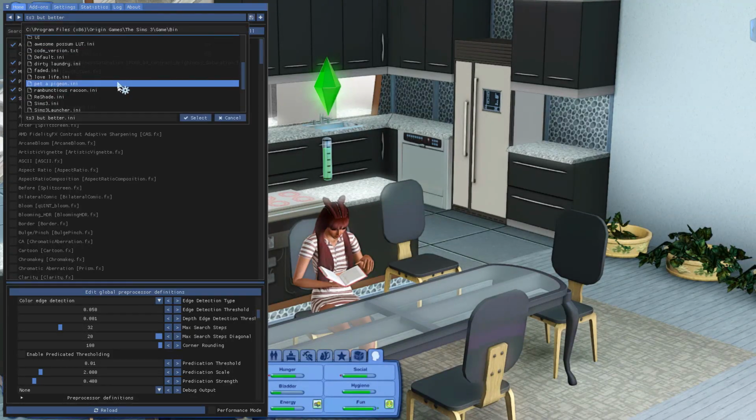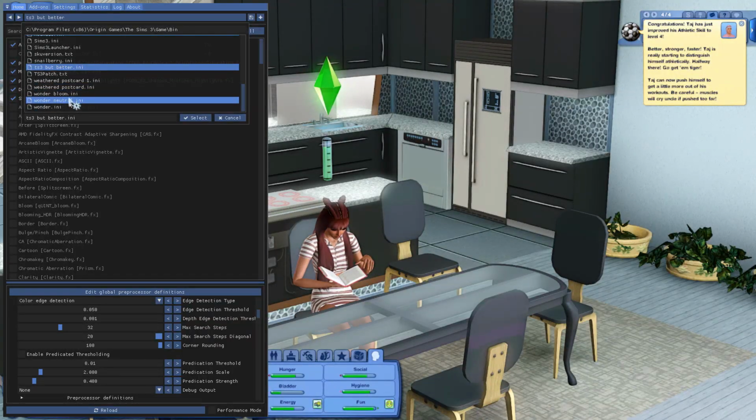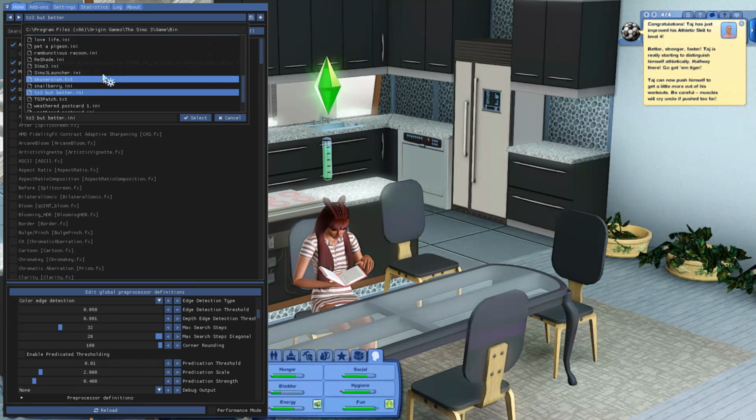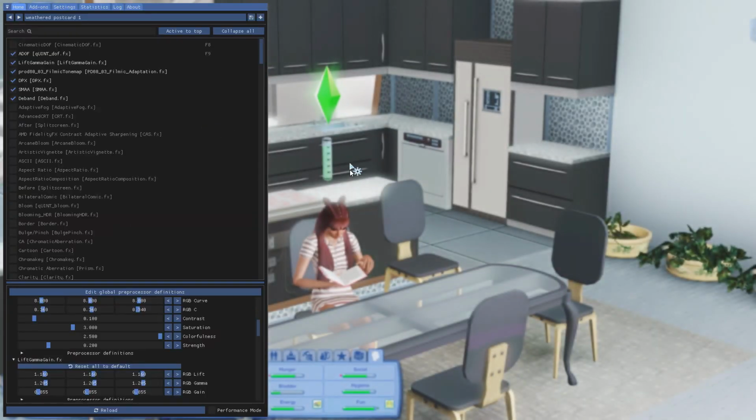The next one I have is Weathered Postcard 1, then Weathered Postcard Wonder Bloom. I think Wonder was the one I really was interested in. Did I miss any? I'm making sure I didn't miss any. I don't think I did. Okay, so let's go ahead and do Weathered Postcard and see what that one...